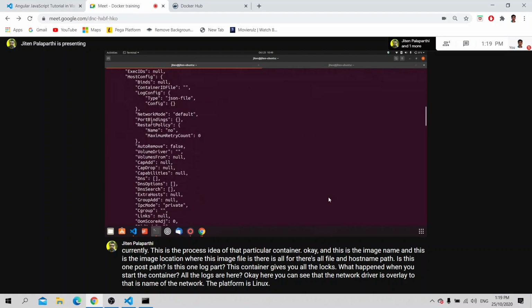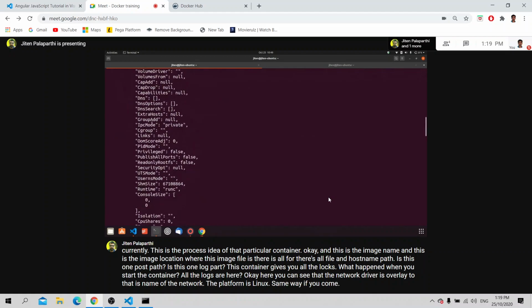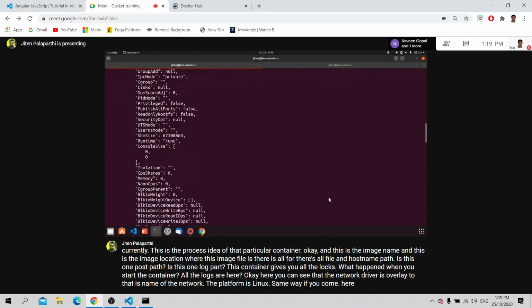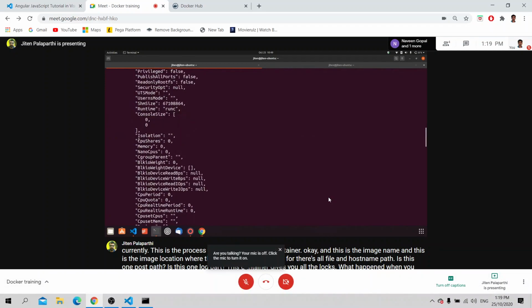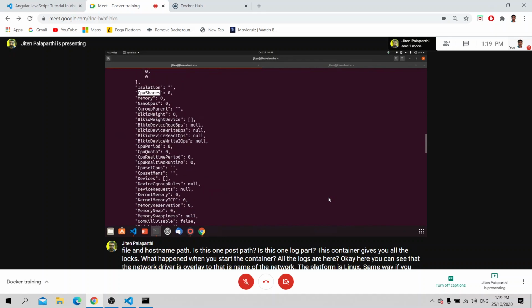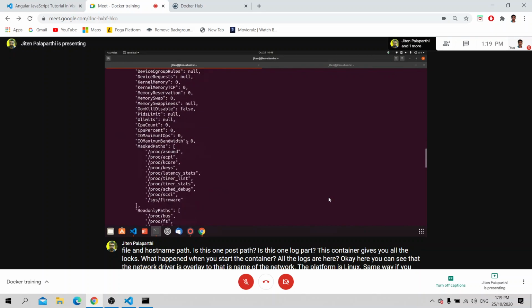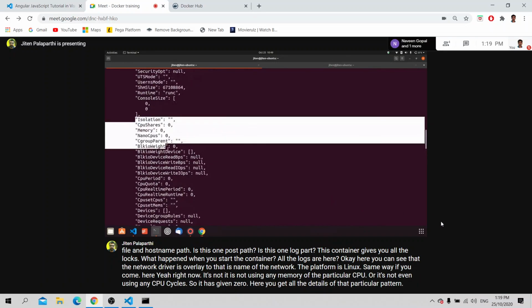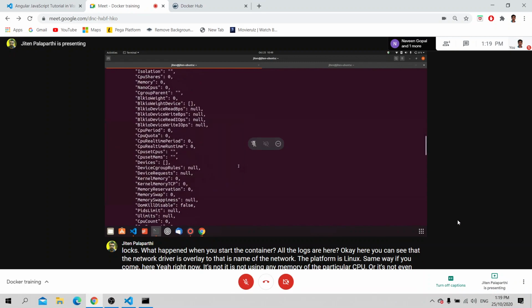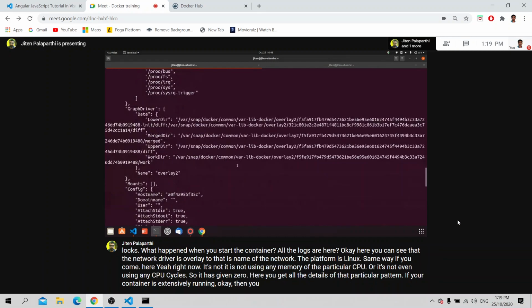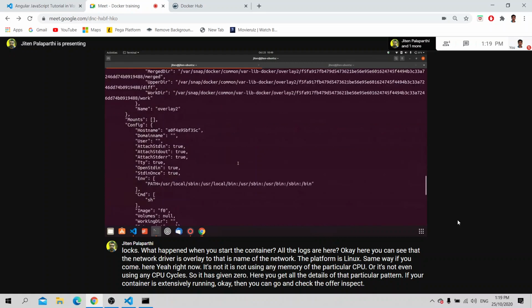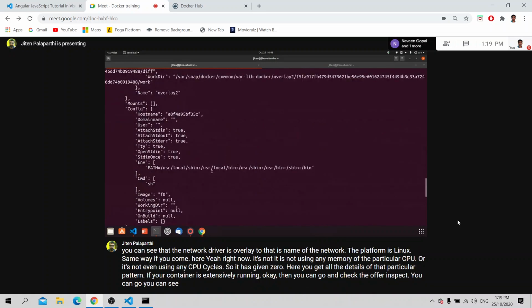Same way, if you come here, memory is 0. Right now it is not using any memory or any CPU cycles, so it has given 0. Here you get all the details of that particular container. If your container is extensively running, then you can go and check docker inspect.